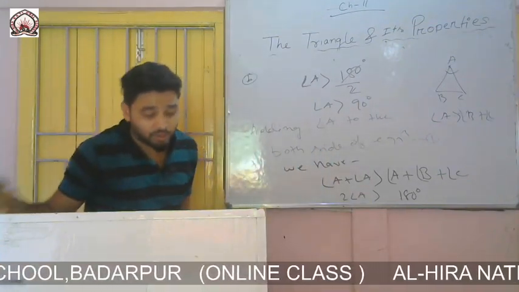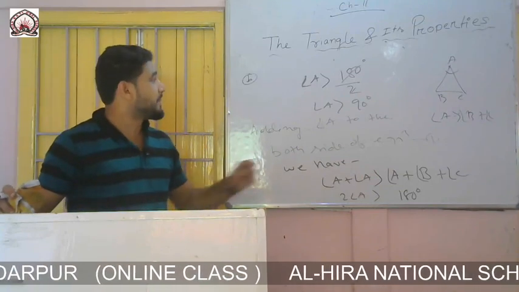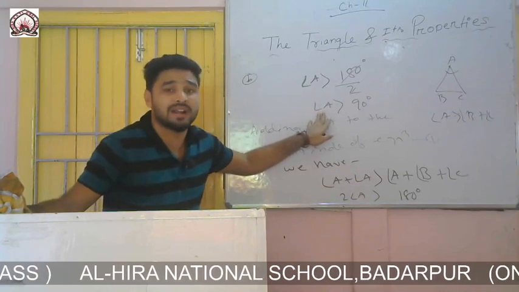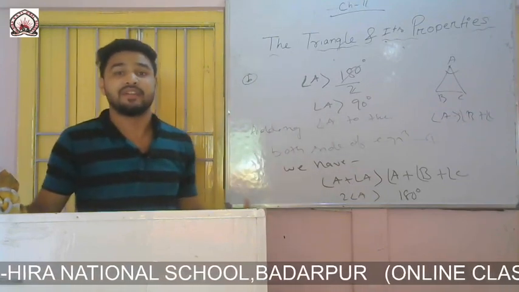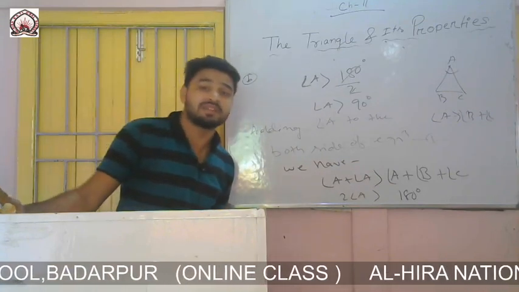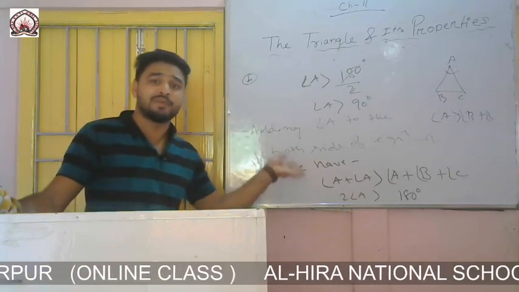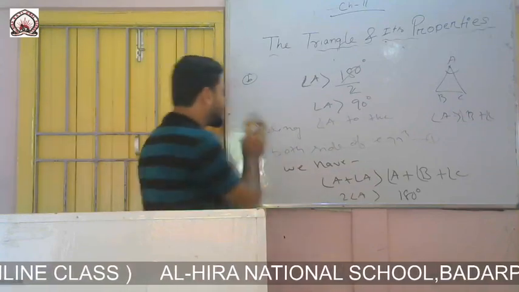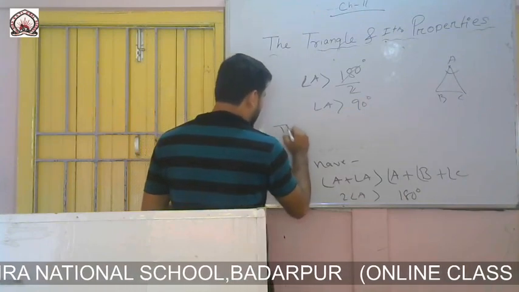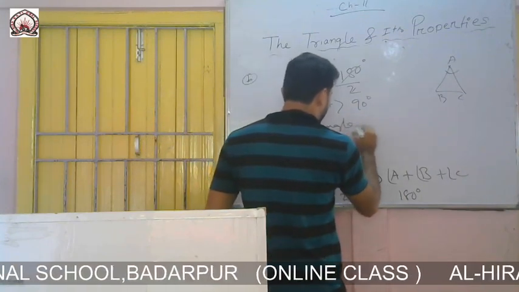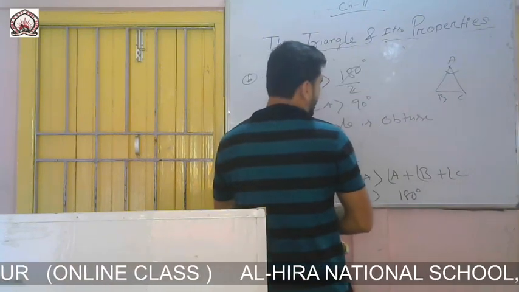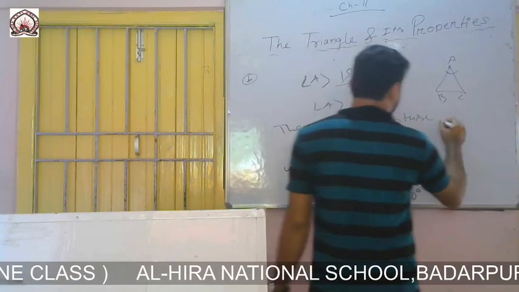Now we can give the conclusion of the triangle. You see, one angle is greater than 90 degrees. And if any one angle is greater than 90 degrees, then we call it an obtuse angle. So obviously the triangle will be an obtuse angle triangle. So write the conclusion. Therefore, the angle is obtuse, O-B-T-U-S-E, obtuse angle,